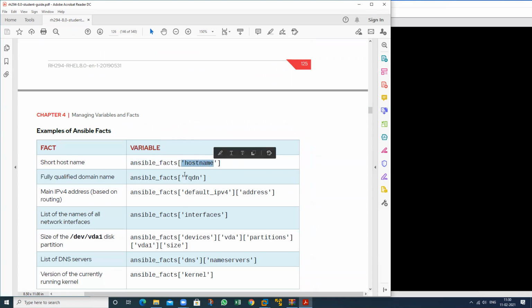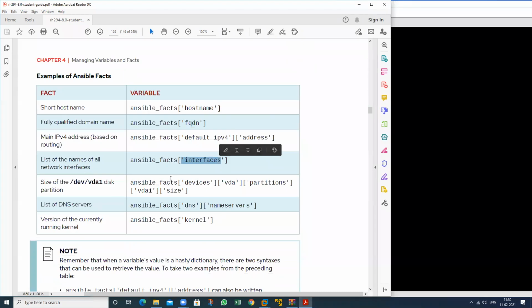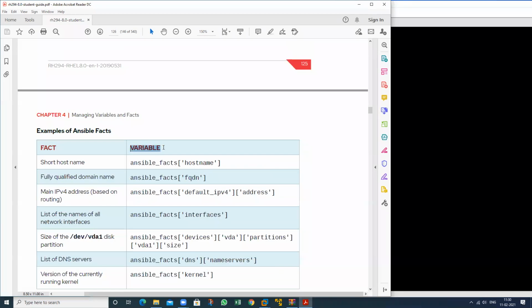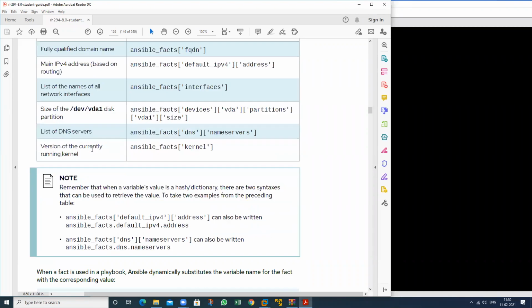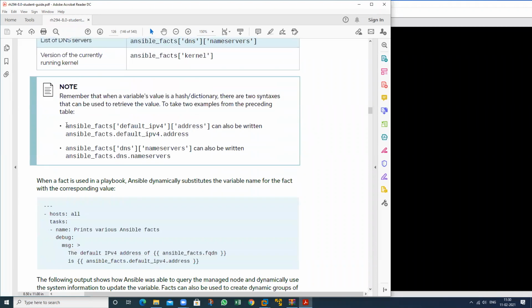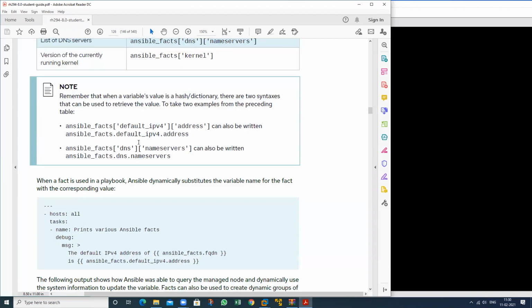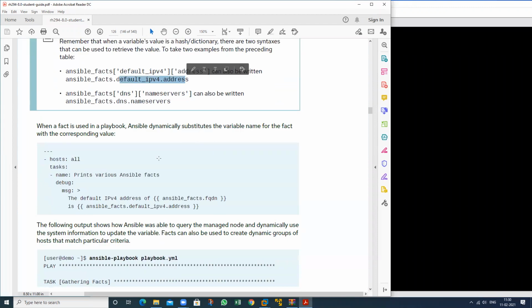Host name, FQDN, IP address, interface, device, vda, how many partitions it has, size, name server, kernel information. So we can use all these variables. These are some examples of Ansible facts. So we can write this one, and it will capture the IP address also, default IPv4 also.